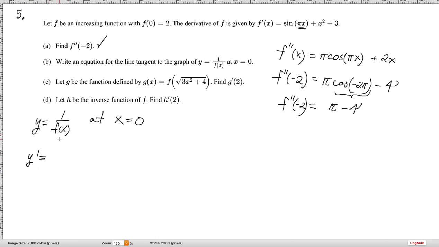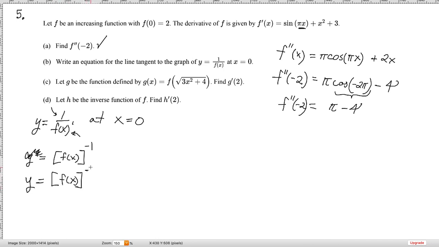You can do it in a few ways. You can notice that this is to the 1 down here, so you could bring up that entire f of x and make it to the negative 1, and then use chain rule. And I think that's the easiest way. The other way you could do it is you could use quotient rule, with this being the top function and f of x being the bottom function, and you'll get the same thing either way. This is not y prime, this is just y, sorry. So this is y, f of x